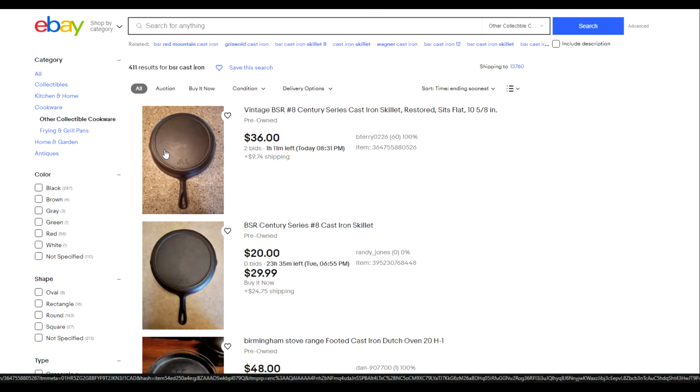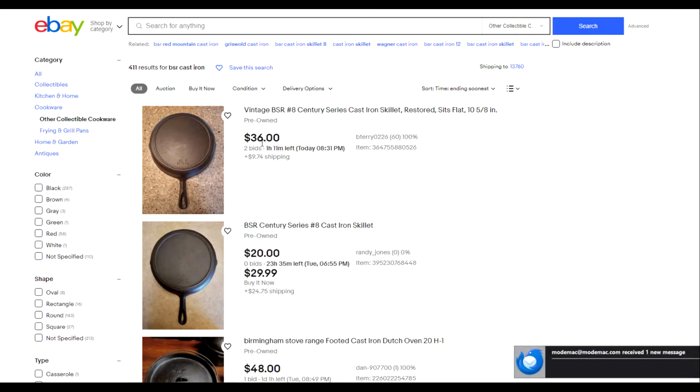Yeah, lots of watches. Well, that's good, I guess. More than $45 for this typical number 8 Century Series cast iron skillet, which to me really sounds like too high of a price for a number 8. Not just because I have enough number 8 skillets, but for someone looking to score their first BSNR cast iron skillet, I would really say,